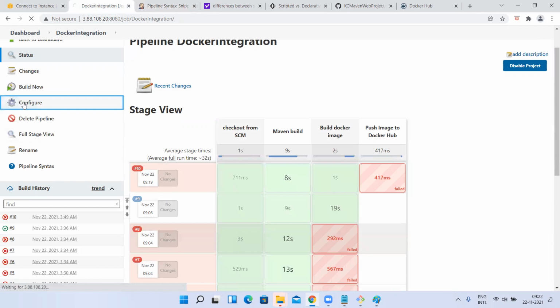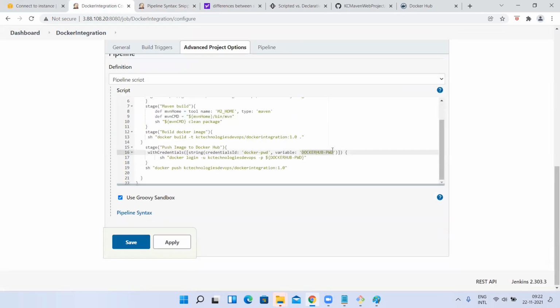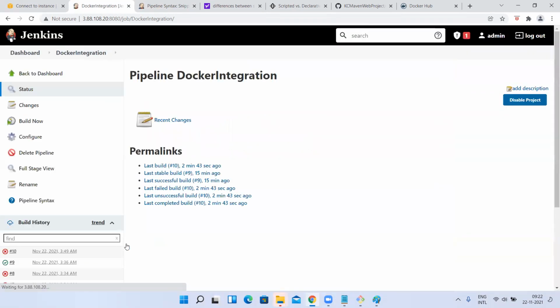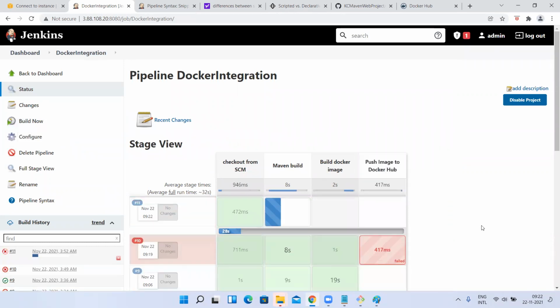I'll go here and change it, instead of Docker Hub. You change it here. Now save it. Build it. Now one more thing. Okay, I'll tell that later.